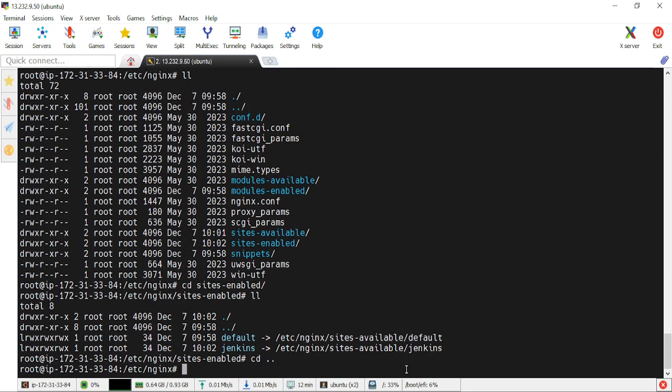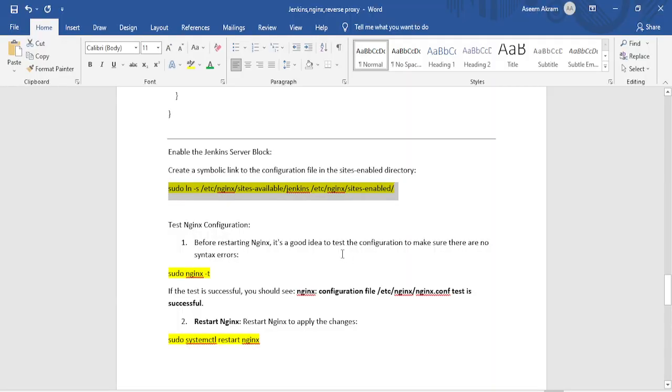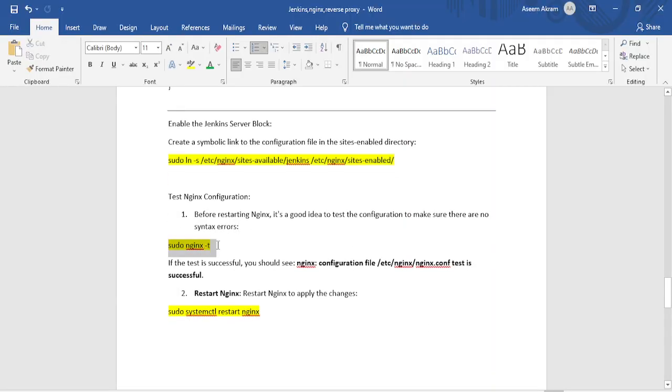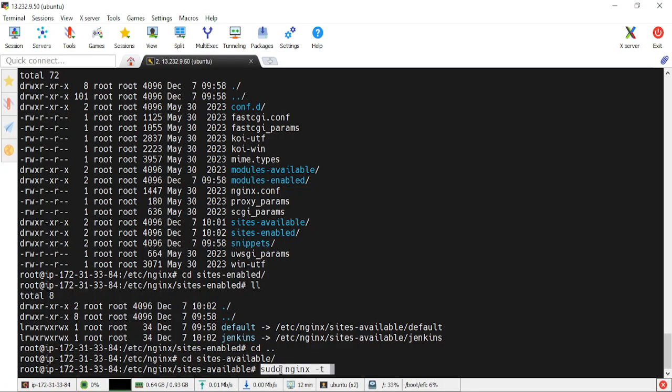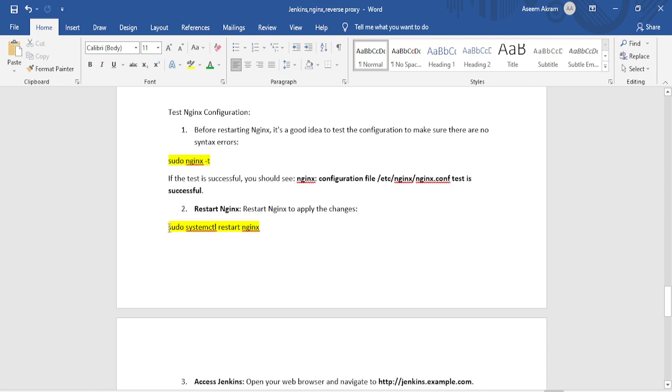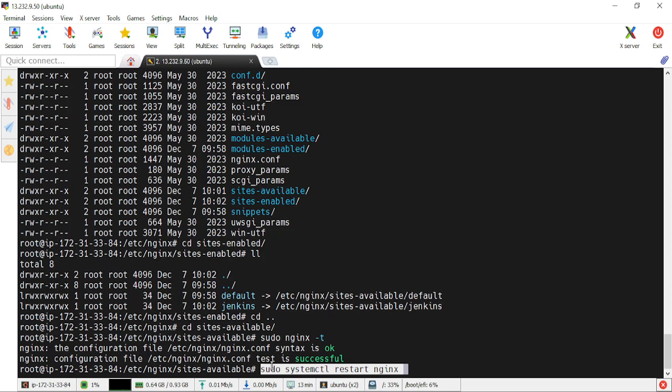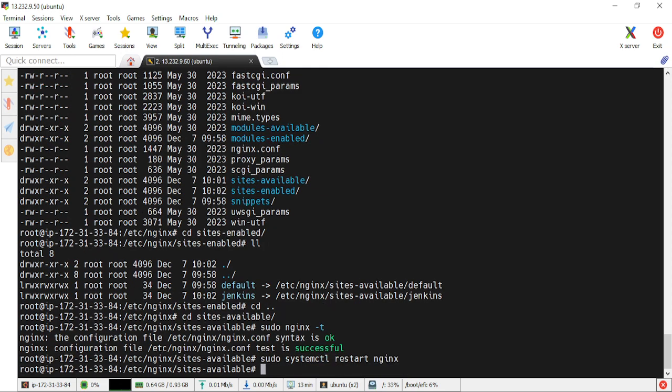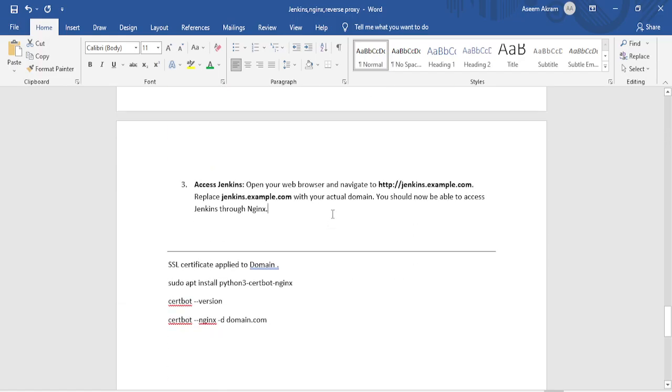So we'll go back again to sites-available, right? This task is already done. So after creating our configuration file for Jenkins, we will check if there is any syntax error in this. It is telling me that the syntax is okay and this is successfully done. Then after doing that, we will start our nginx service once again. So if I hit here, it restarted, right? The next step, what you have to do now,